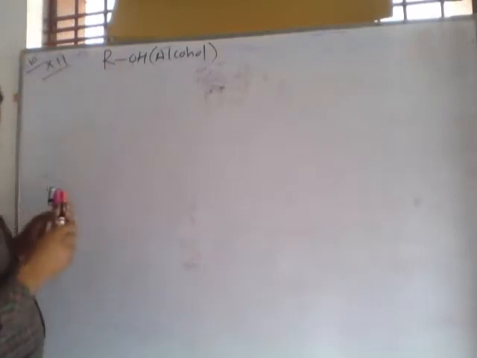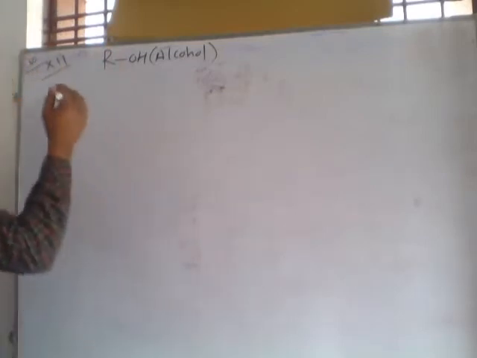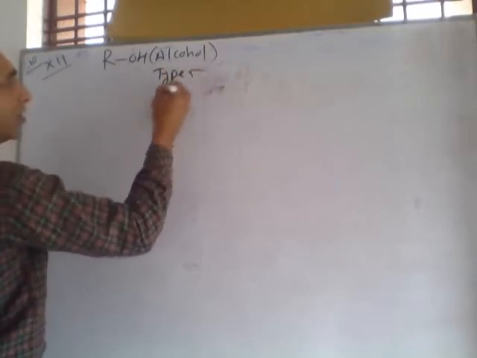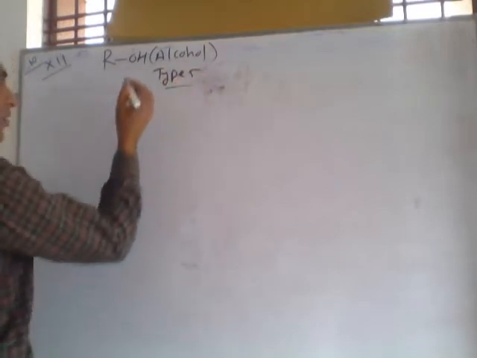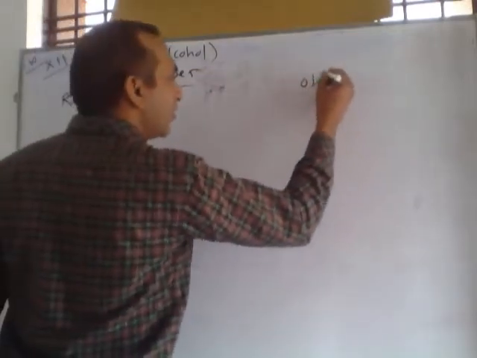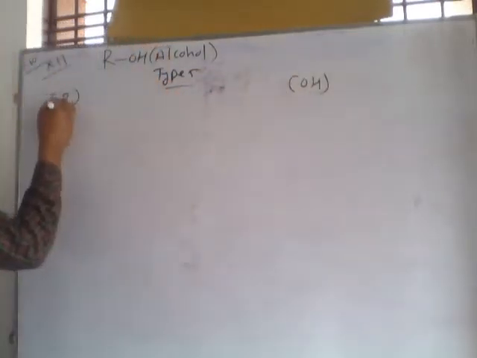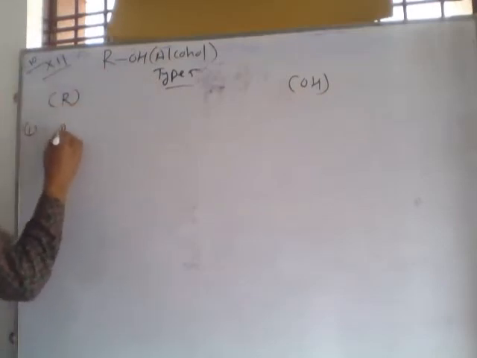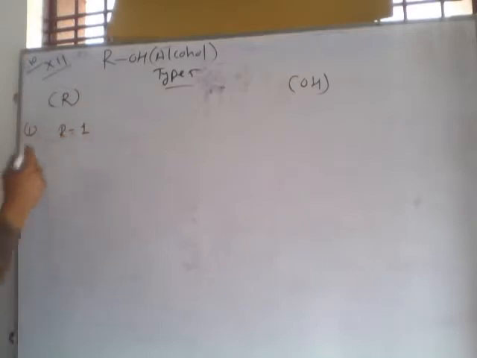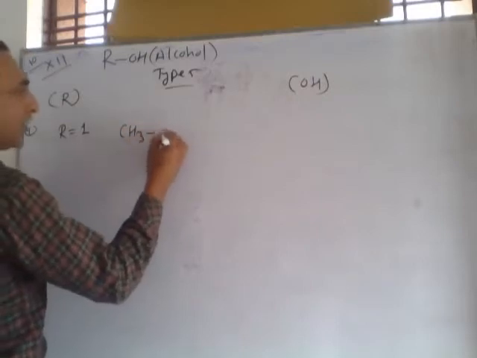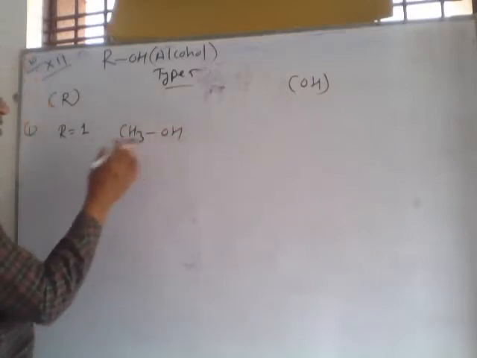Alcohol is ROH. So first, types and nomenclature. First on the basis of R and on the basis of number of OH, number of R. R are alkyl groups. Suppose first R is 1 or 0. This time this is CH3OH. This CH3OH is called